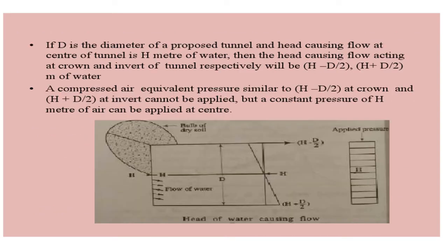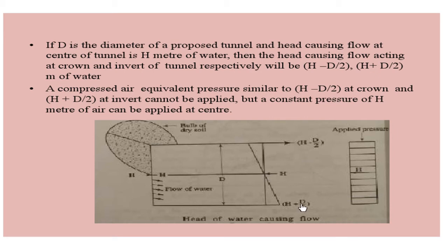So what are we saying now? Exactly the pressure which is to be applied is different in different sections. But that is not possible over here. So what we are giving is an h pressure exactly throughout the tunnel region. So here in the center portion it is the exact value. That is, the head causing the entry of water is being provided in the center portion. But here the head causing flow is h minus d by 2, and what we are providing is h. That means an excess of d by 2 is more over here.